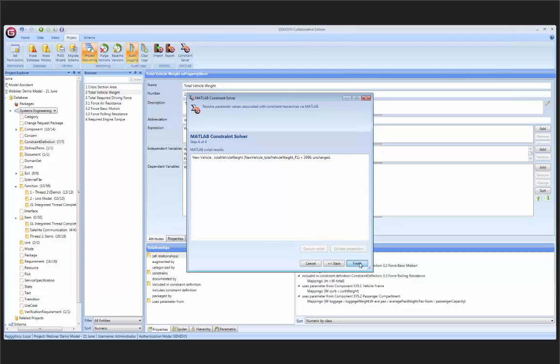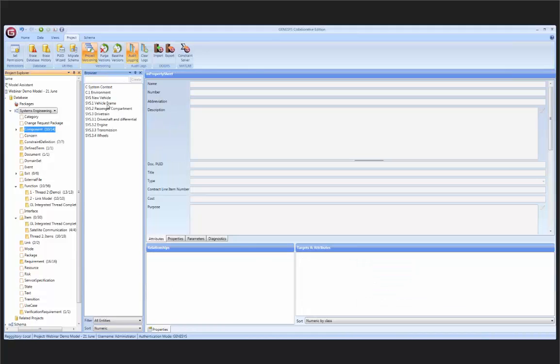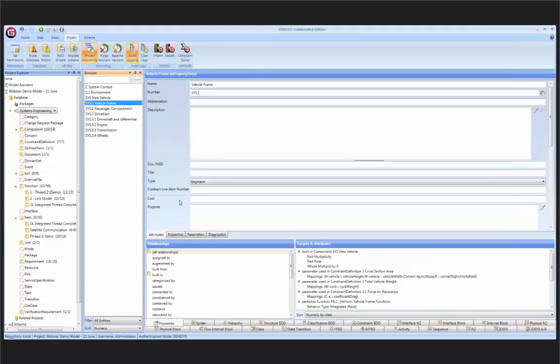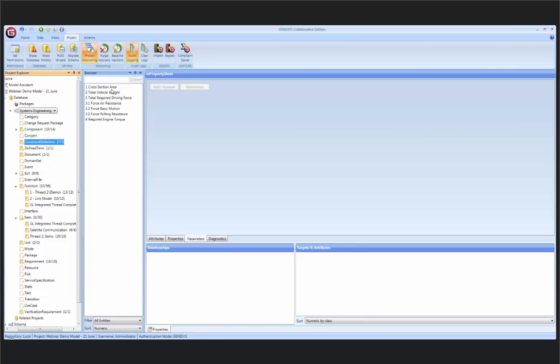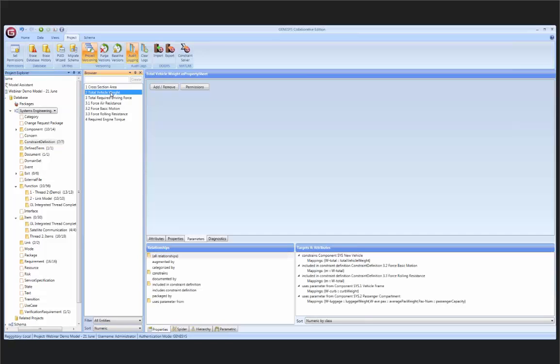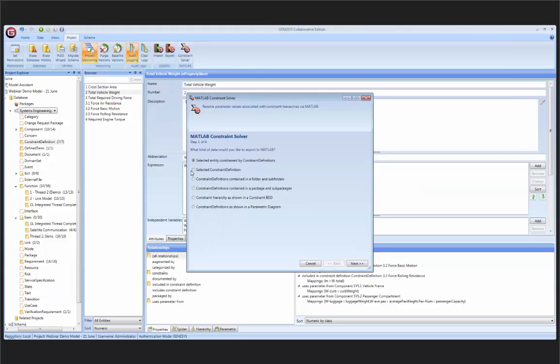So I'm just going to finish here. Now, if I go into the vehicle frame, and I'm going to take this parameter here, and I'm going to change this parameter, the curb weight. I'm going to make this, let's say, 5,000. I radically increased the overall weight of the vehicle. And so then if I go back to my constraint definition, and I did total vehicle weight, and I run through the constraint solver again,